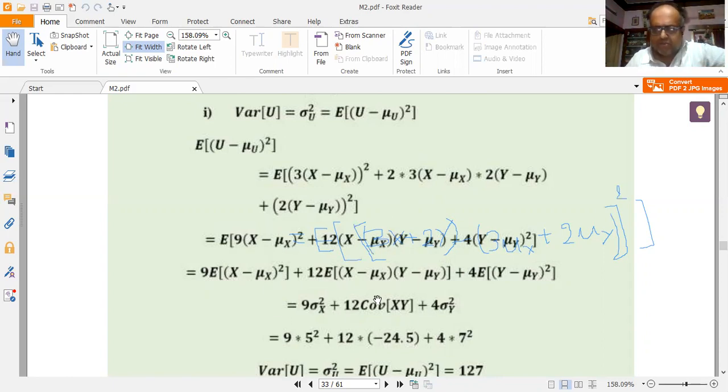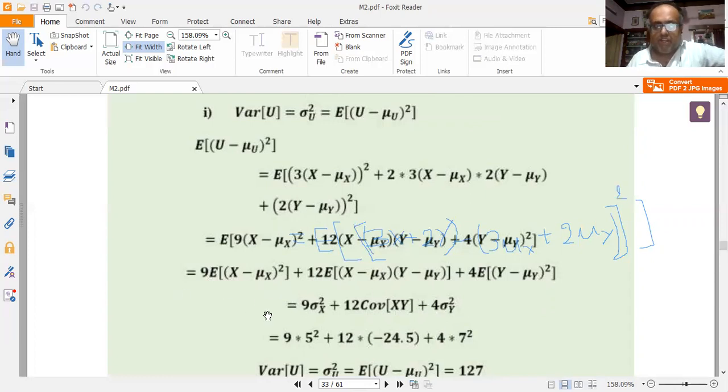There are many methods to do this. If I combine plus and minus, I need to use A minus B the whole squared. If I combine minus first and then with plus, then I need to use A plus B the whole squared formula. But all these cases lead to this same expression.